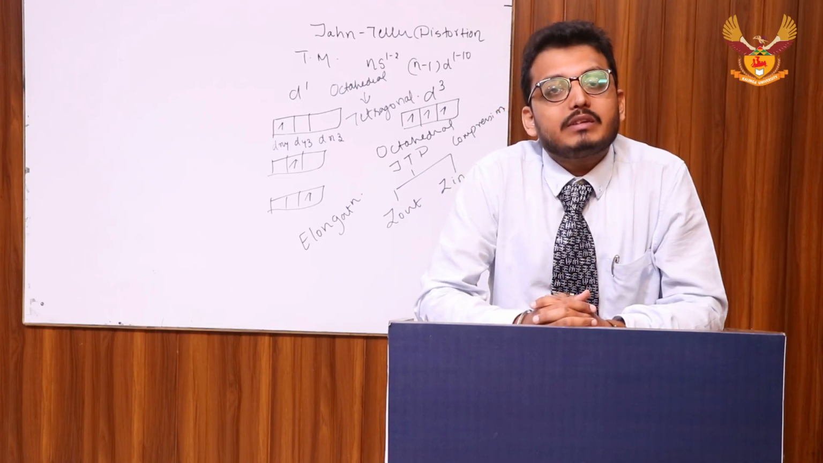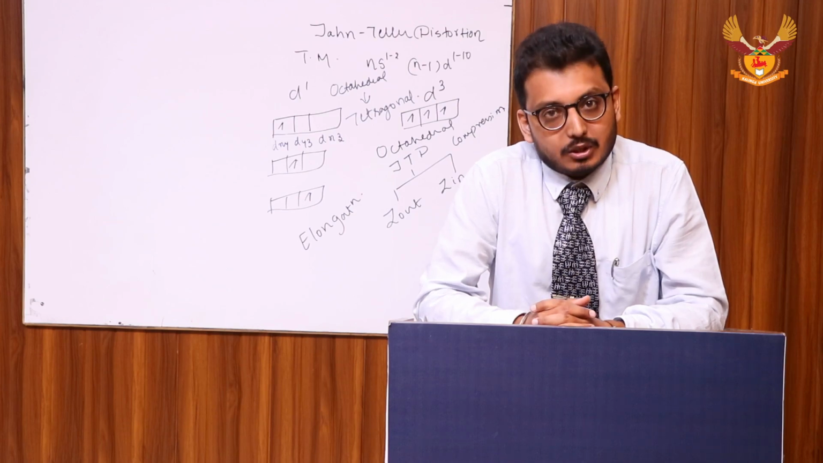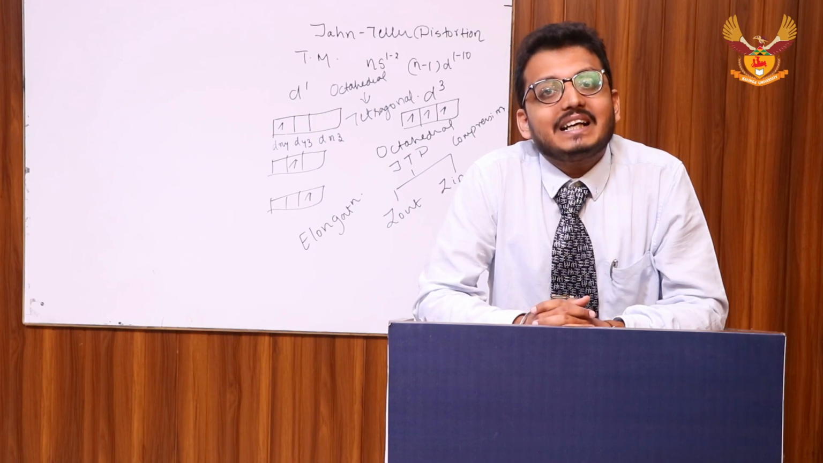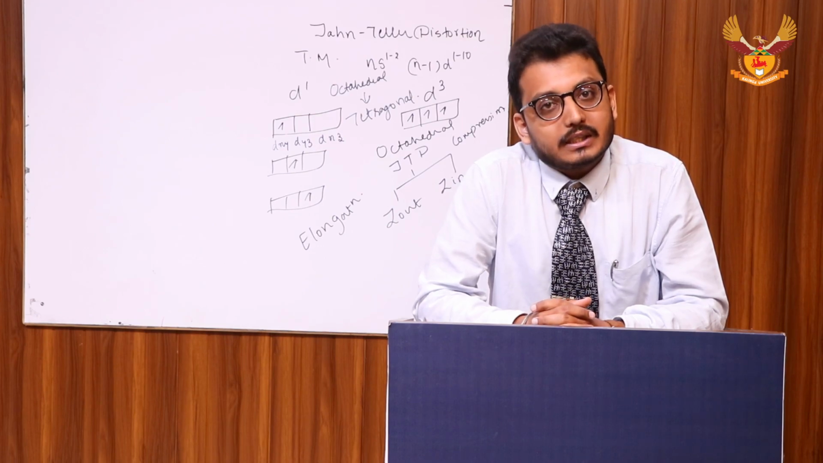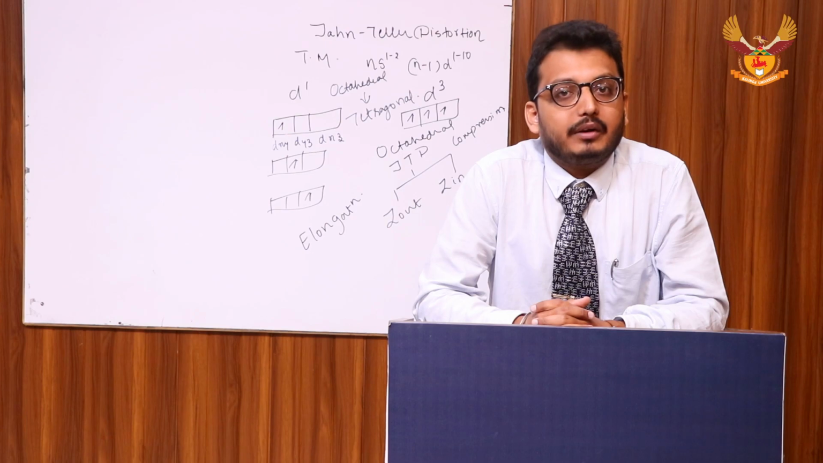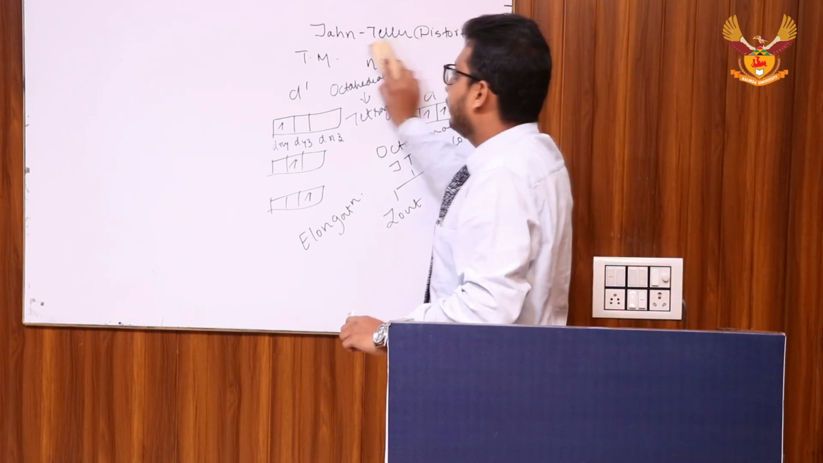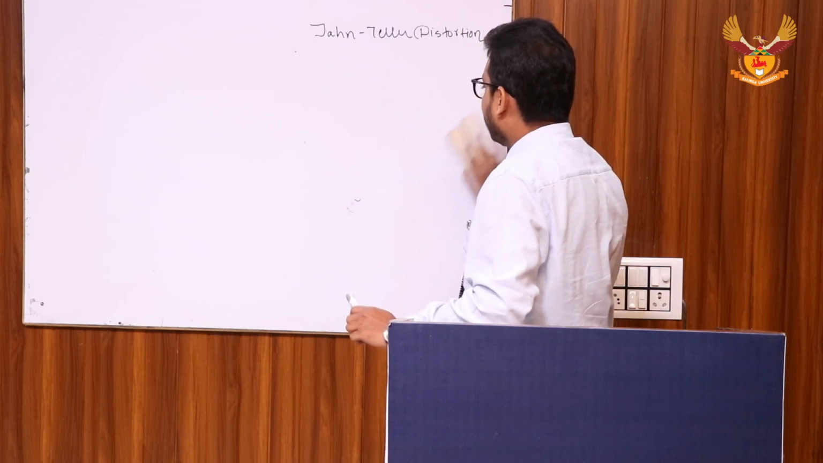If I am talking of the Z in type of Jahn-Teller distortion, it leads to compression of the molecule. Z out or Z in type of Jahn-Teller distortion causes distortion in the overall geometry or symmetry of a molecule. I will consider the Jahn-Teller distortion with respect to a complex. Let the complex be